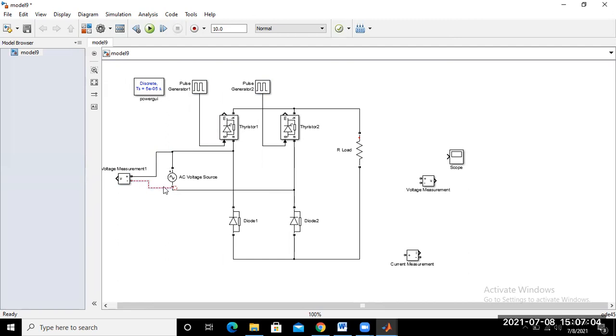It is not connected, so in the red mark. So just try to connect in proper manner. I think it is not connected. Now just try to connect this voltmeter up to this point. Now it is okay. Fine.